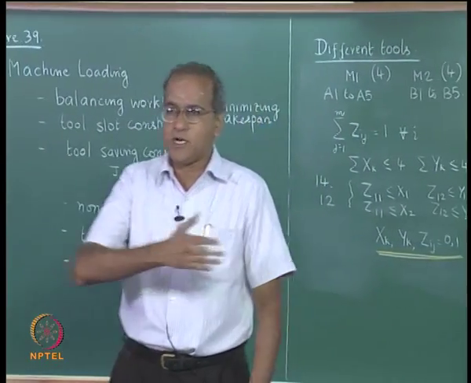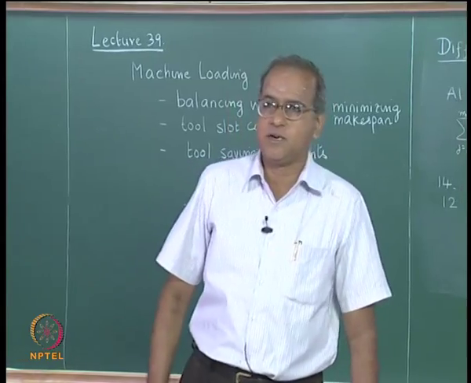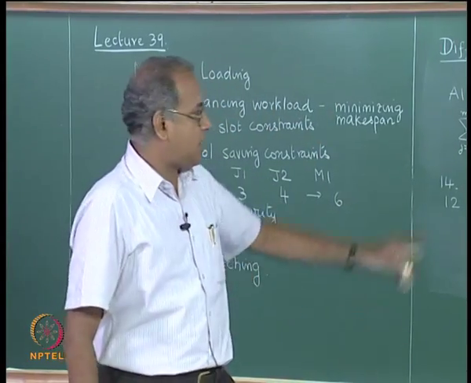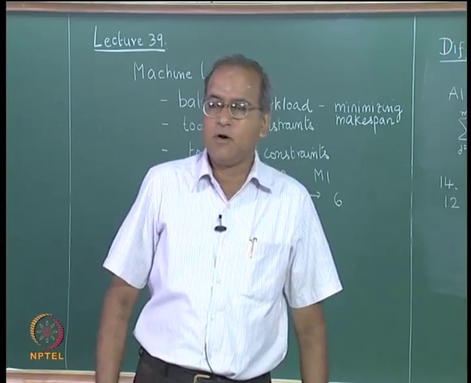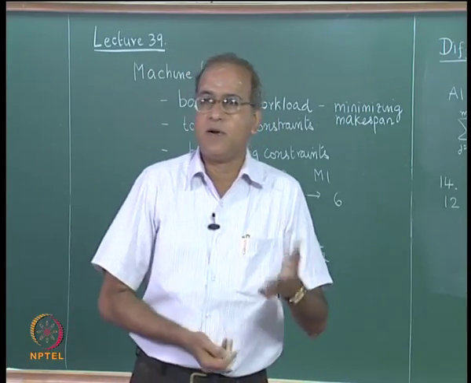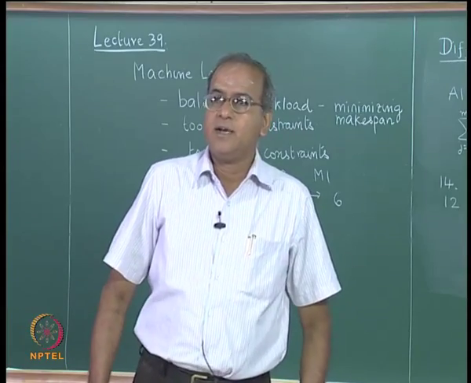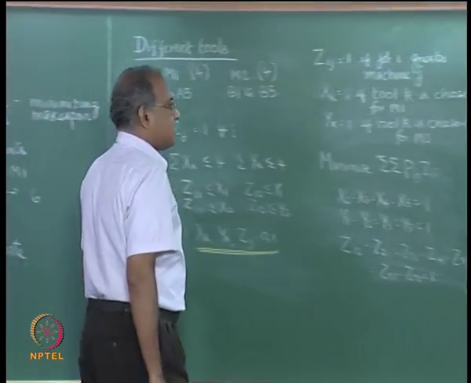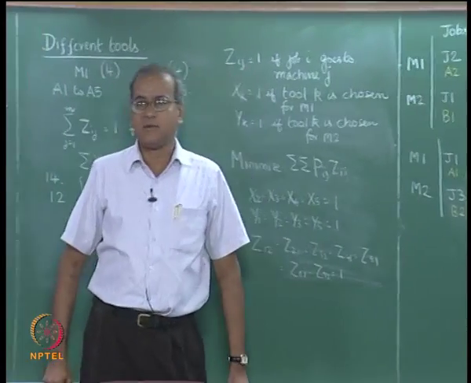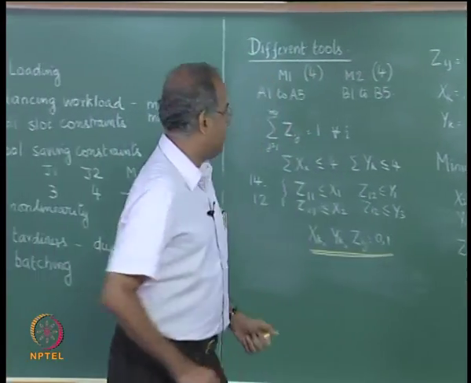If we had more jobs, say we had 15 jobs or 10 jobs, then we will not be able to do it with tool slot capacity of 4. So, it would require multiple batches. In such case, what we will do is, we will temporarily leave out the tool constraint, we will simply solve